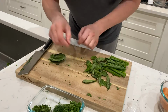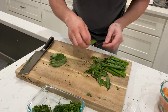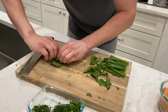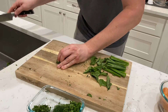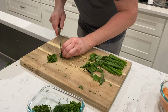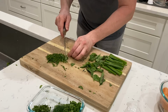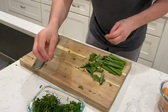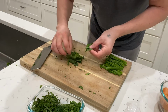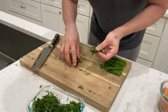I was sitting out there talking to my wife about what I was planning to do for dinner, but I didn't really have the finalized idea until just about now, when I already cut the salmon. And once I cut that salmon, I was like, how am I going to season my salmon? What am I gonna do with it? And so I stopped for a second, and then I started thinking, and this is what came to my mind. Of course I'm going to season it with these amazing herbs. How else? All we want is freshness. We want to experience that taste, that flavor. And where else do you get the flavor but from fresh,